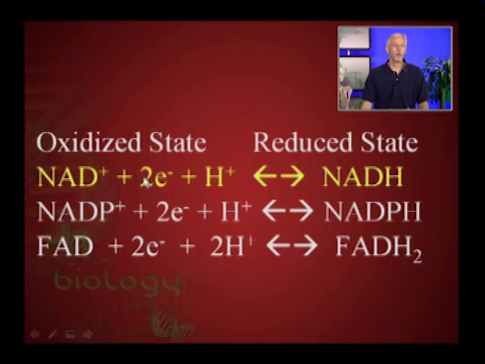Okay, now, these are electron carriers. So NAD will bind 2 electrons and a hydrogen proton, and it will be reduced to NADH. So that's the reduced state. And notice that the arrows go in both directions. So NADH then can transport those electrons to another location and give up the hydrogen and electrons and be oxidized